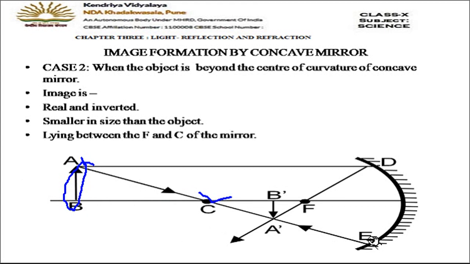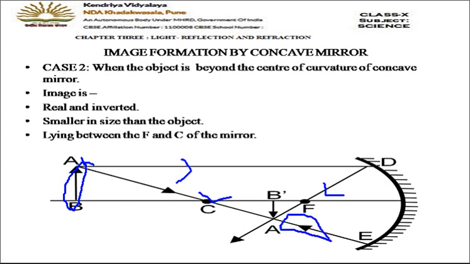Now remember children, we have to draw only two rays of light. So we are taking them from tip A. Point A is the point source from where we are drawing the rays of light that get reflected. This is ray number 1, which is parallel to the principal axis, and when it strikes the mirror it gets reflected and the reflected ray passes through F. Here you can see. Now the second ray is passing through point C. Remember the rule that whenever a light ray passes through C, it retraces its path.